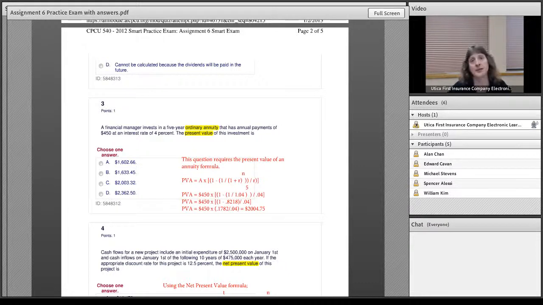Now look at my answer. This is how I calculated it, and I took things out to the fourth position. Notice that my answer is $2,004.75, and there is no